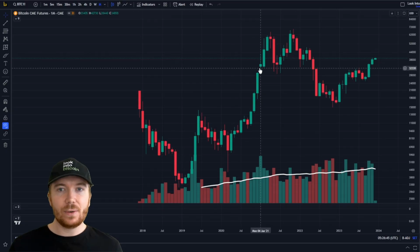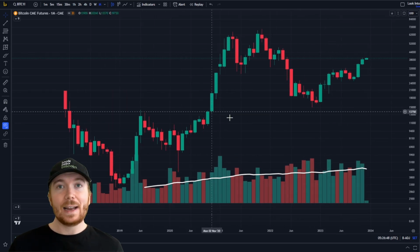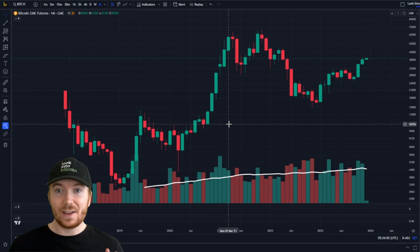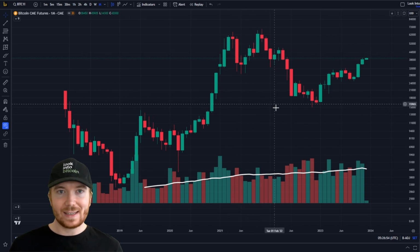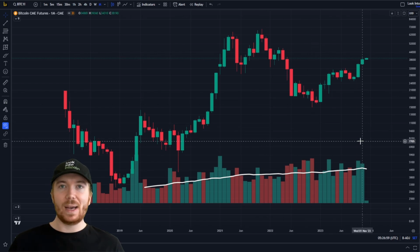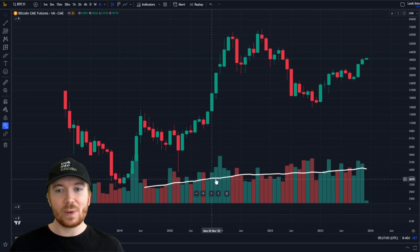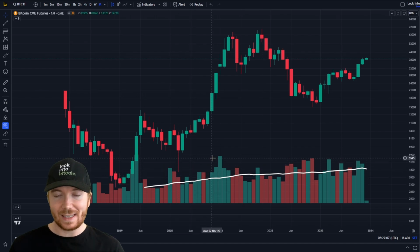If we just go to TradingView here and look at the CME Bitcoin futures contracts, now each one of these contracts represents 5 BTC. And even in spite of a long drawn out bear cycle, we can see on the monthly time frame that there has never been a higher demand for these Bitcoin futures contracts. We can see that this average here has just been growing almost non-stop since the inception of the CME